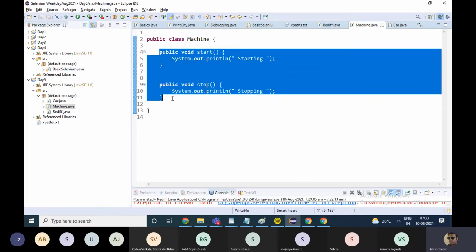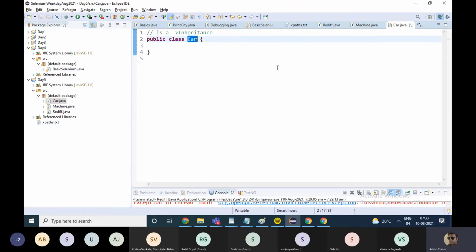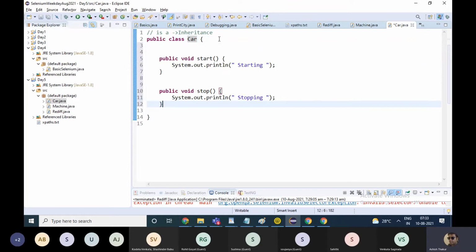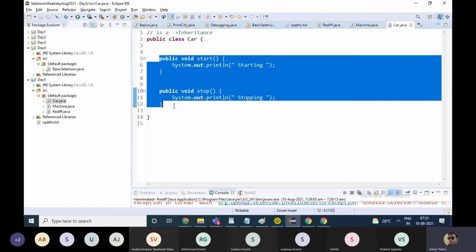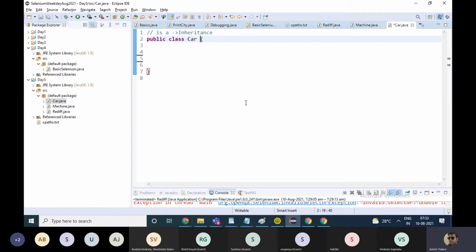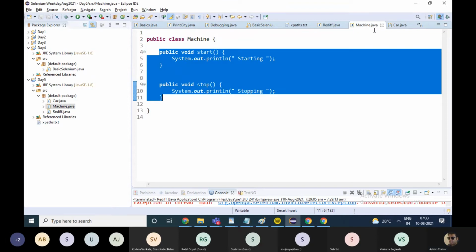I can copy these two functions inside the car class as well. But instead of copying them, what I can do is write the line extends machine. When a class extends another class, it acquires all the properties of that particular class.